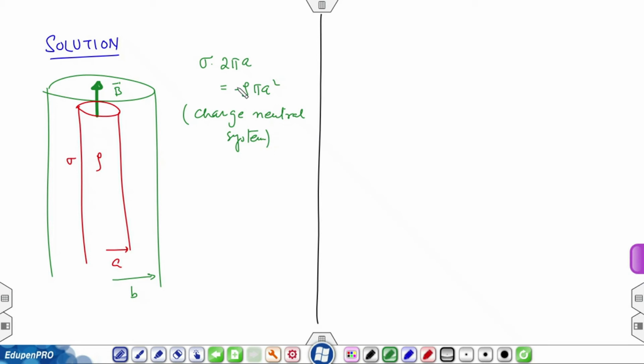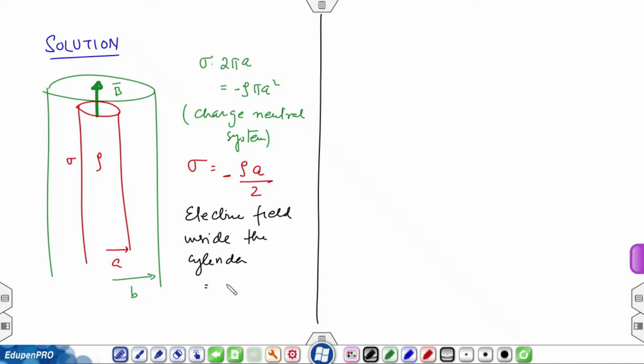And with a negative sign. So, sigma is equal to rho A by 2 with a minus sign. The electric field inside the cylinder by Gauss's law is going to be equal to rho s over 2 epsilon 0 in the s direction. I am using cylindrical coordinates, E s for s less than or equal to a